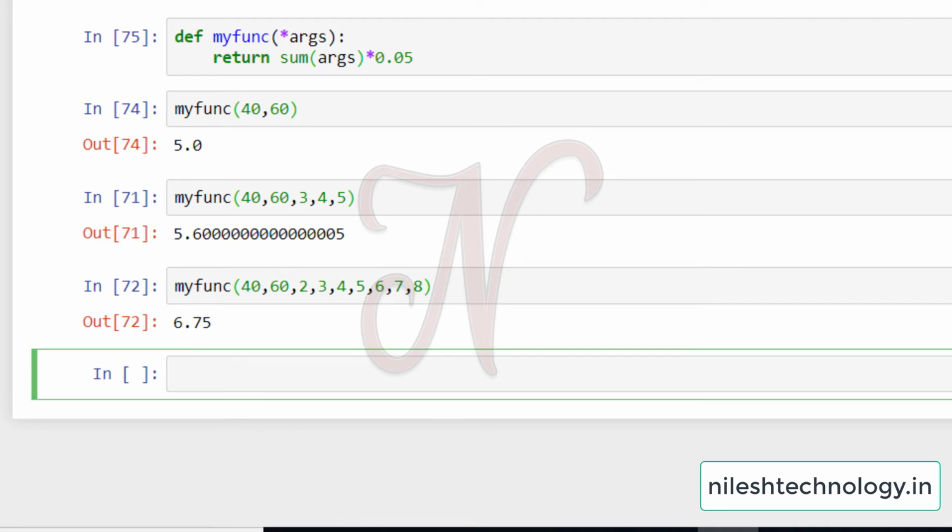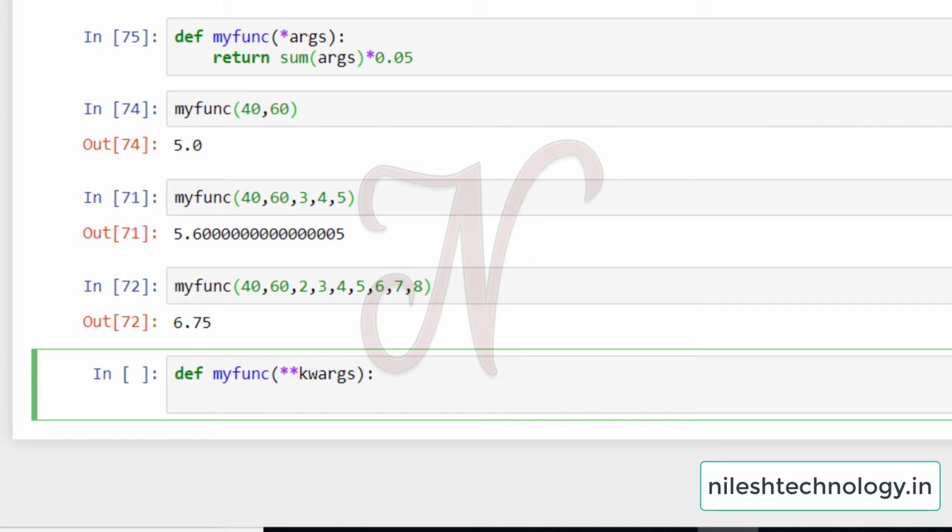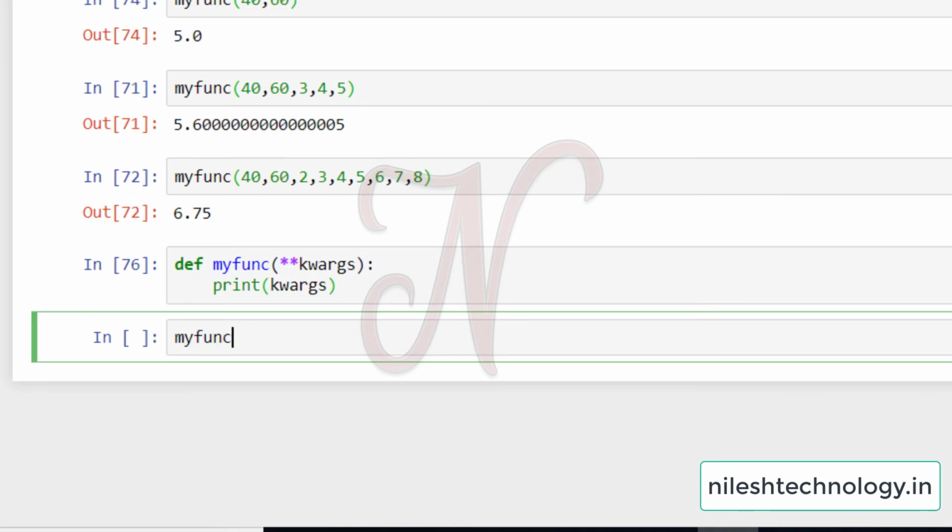See here, def my func, this is star star kwargs. Then first we print all the arguments. See here, print kwargs. Call this function.